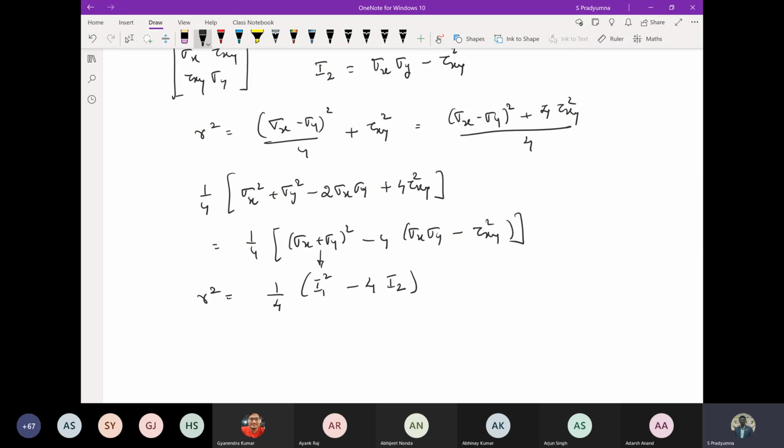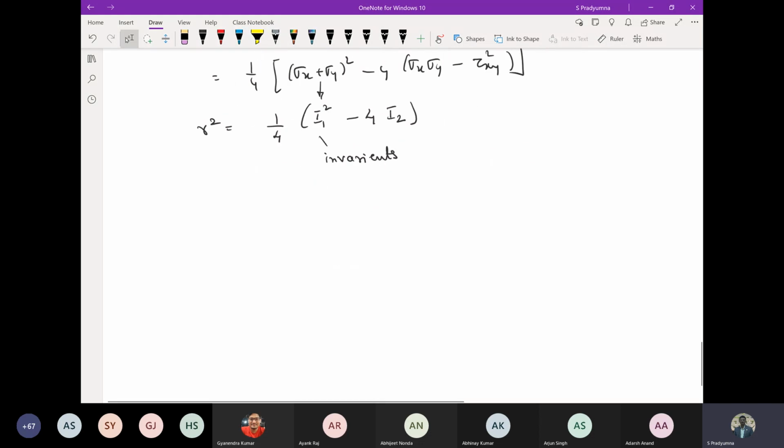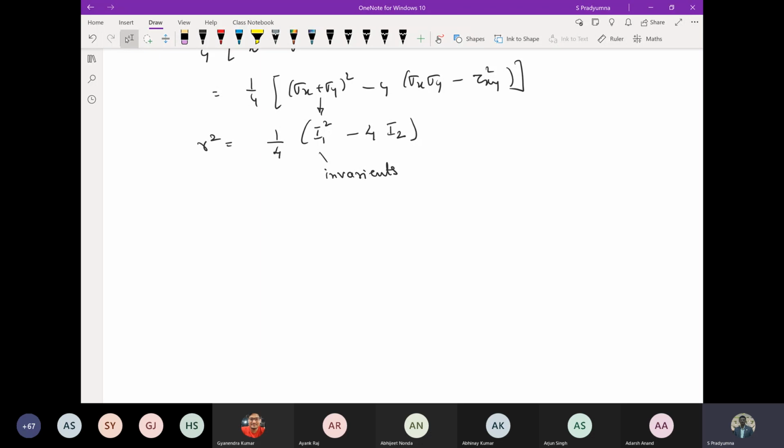That means I can say that the radius of the circle can be written in terms of the stress invariants. So these are the invariants. That means the radius of the circle as well as the center of the circle will be the same irrespective of the orientation of the axis you choose. So that depends on an invariant. Therefore, it's a very convenient tool to find out what are the details we want from the state of stress, the maximum value, the minimum value, which plane has what stress, everything we can find out in the graphical method.